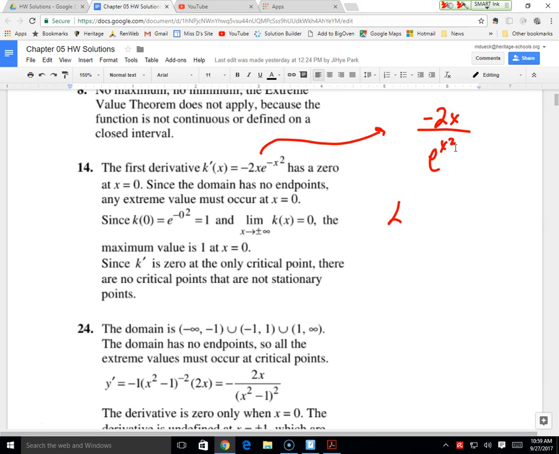So you should have a sign chart of the original function. 0 would have been your only critical number that you would have considered. If you're thinking about k prime and the behavior of k, if you plug in a -1, that's positive. E to the is always positive, so that's going to be a positive. Then afterwards, I believe that becomes a negative, times 1 or 2 is a negative over a positive. So then we do have a relative max at 0, and why can we say it's not just a relative, but it's an absolute?